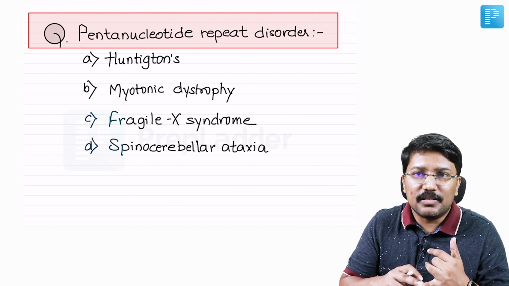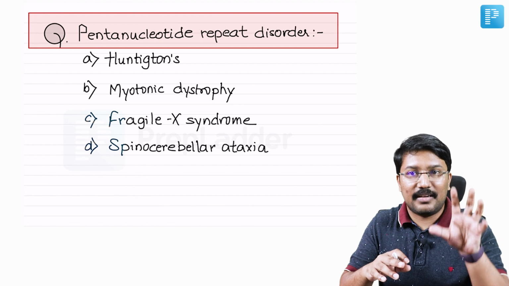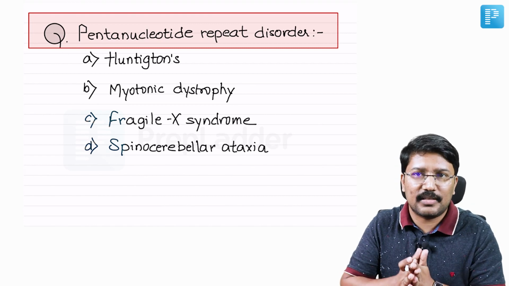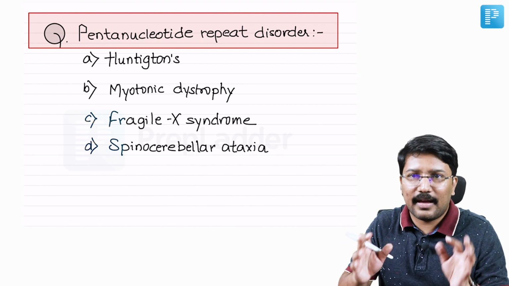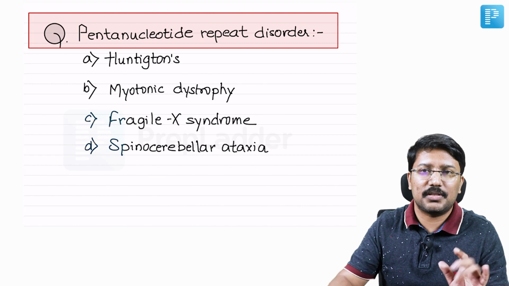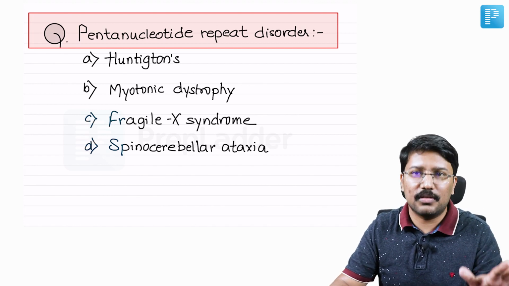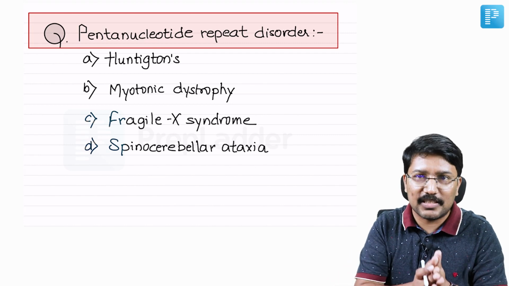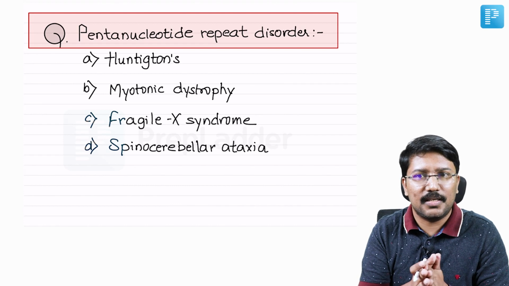Now all these repeat disorders, right, the trinucleotide and all, for neurology they are very, very important. There are tables in Harrison from where these points can be compiled, and I always keep telling students, the CAG and the non-CAG trinucleotide repeat disorders are an important area. Means they will usually ask questions, which of the following is not a trinucleotide CAG repeat disorder. So I told the students in the Telegram group that you can anticipate these kind of questions on this. A very similar question has been asked, right?